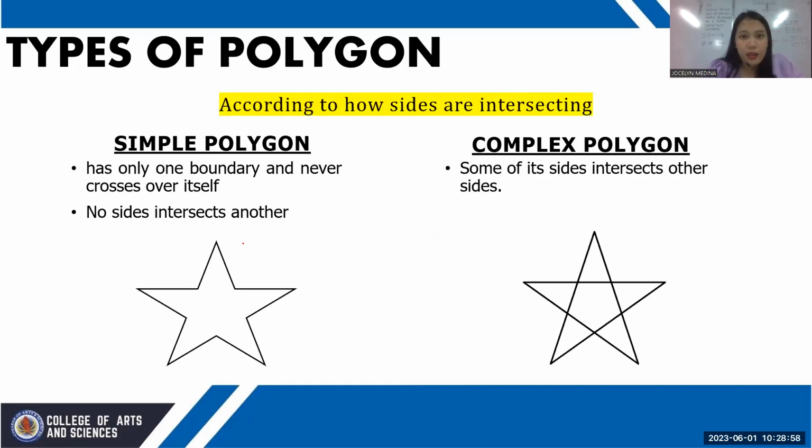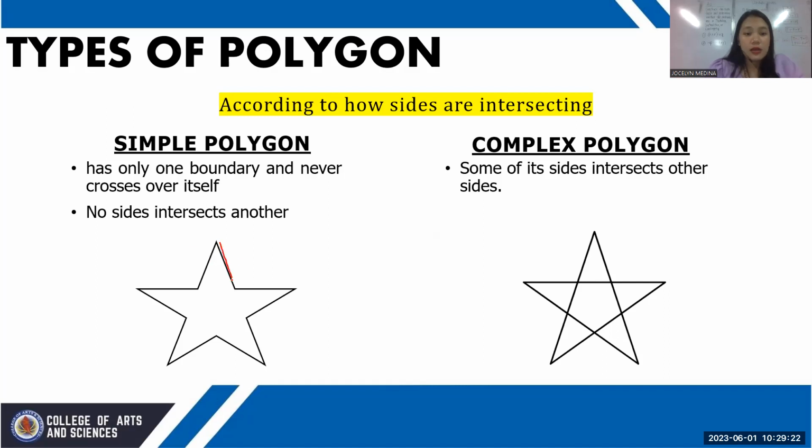Okay? It's very evident. Same as your complex polygon. Polygon pa rin. Now, the only difference they have is how the sides intersect. Pag hindi nag-i-intersect yung sides, it's a simple polygon. Pero pag nag-i-intersect, it's a complex polygon. For example,